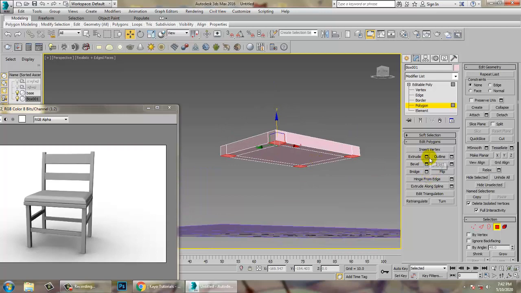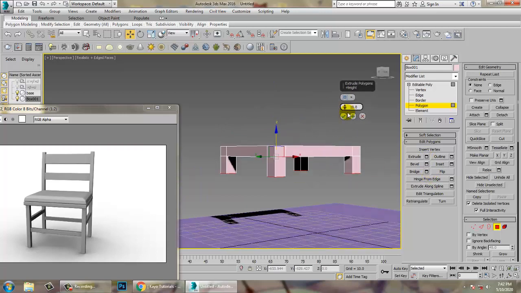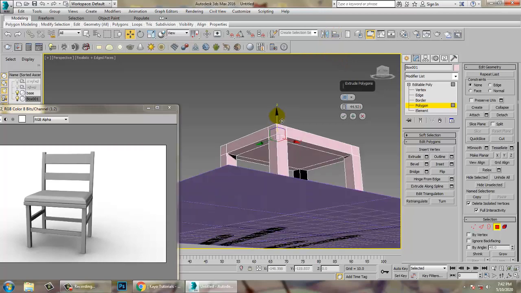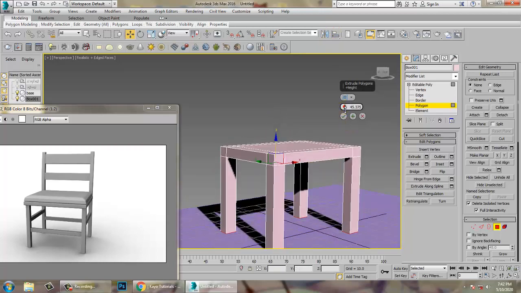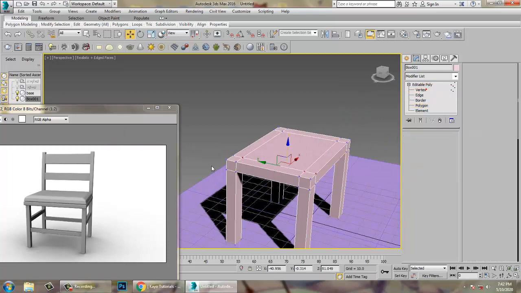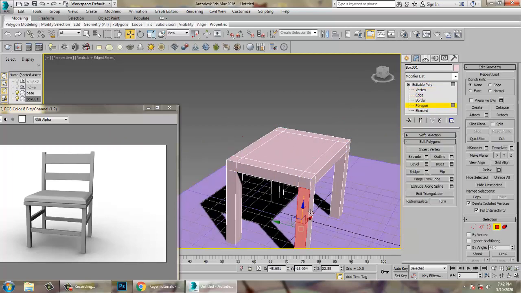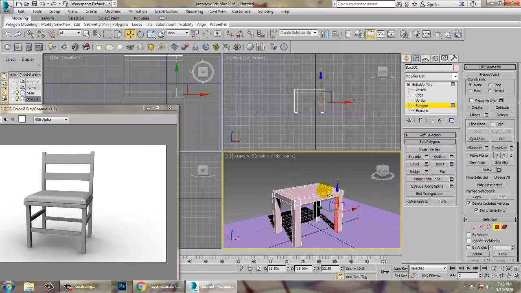Extrude will pull this surface out of this shape. So if you click on the extrude settings, you will see that there is an option over here, you can just push this down. If you push it down, you will see that it is pulling those surface polygons down, and once you're done you just click on this. Okay. So now if you go into this, you get all this extra edge, your border, your polygons and everything is extra over here.